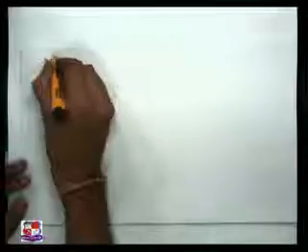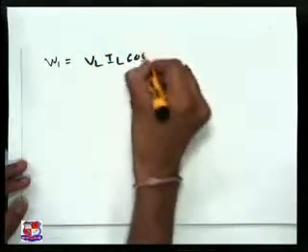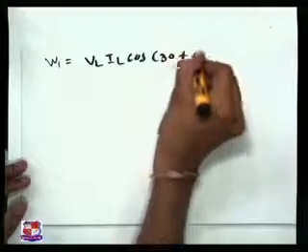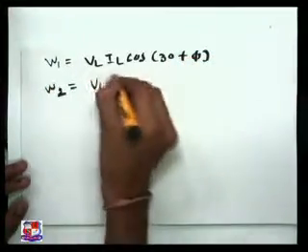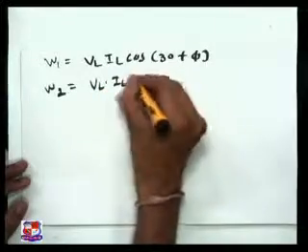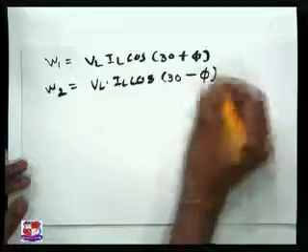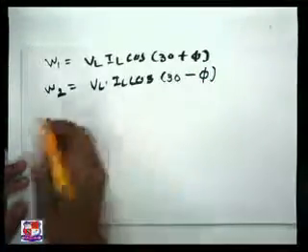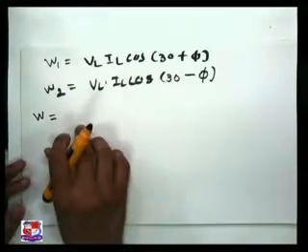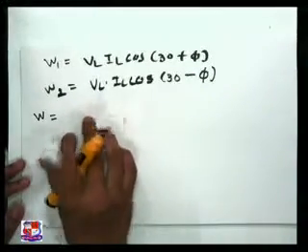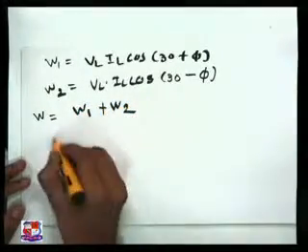So W1 is equal to VL into IL into cos(30 + φ), and W2 is equal to VL into IL cos(30 − φ). Okay, so we have the same concept as the first theory. What is the measurement of the power in the 2 wattmeter? You can define it as a summation of the